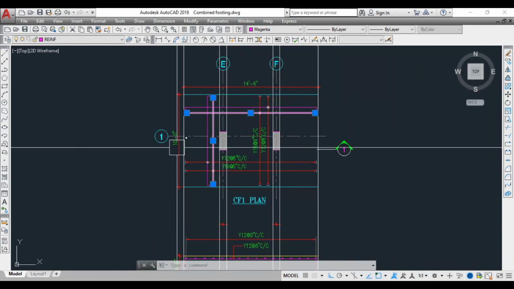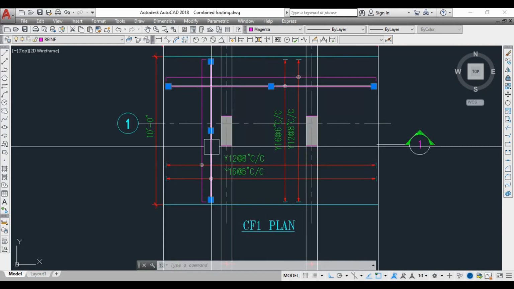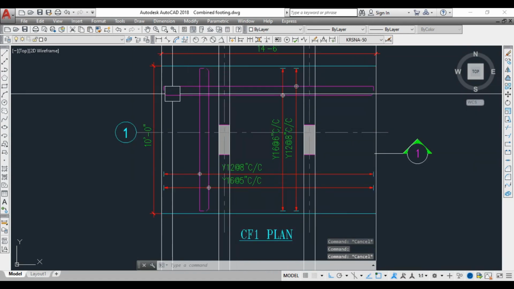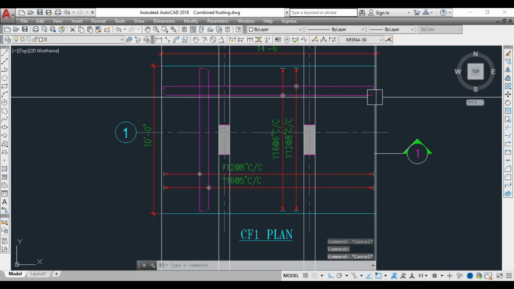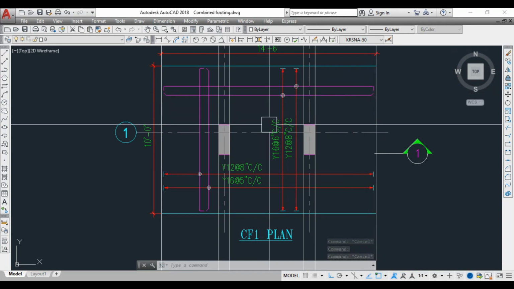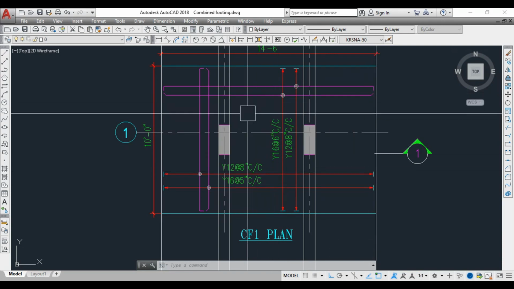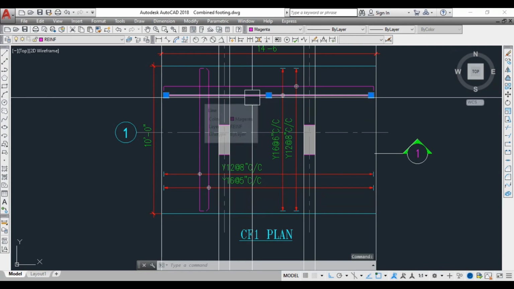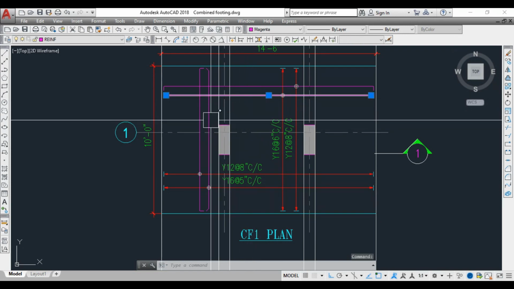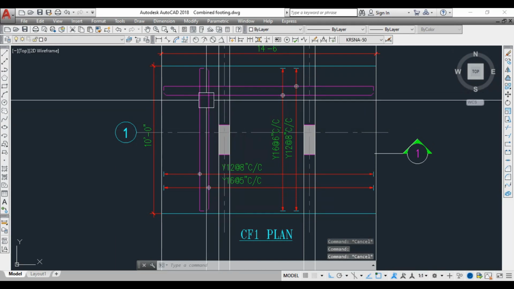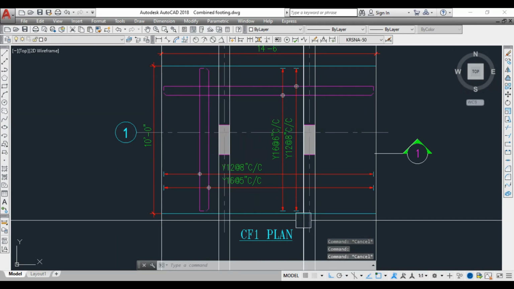If we cut the section at this point, section 1, we will see this one as a dot, and this one we will see as a line. Now again there is one more confusion here. Whether we need to show the line first or the dot first. There are two bottom bars. Which one should we show first?